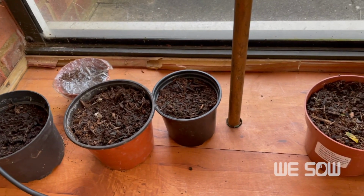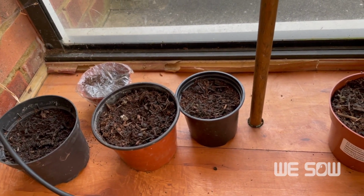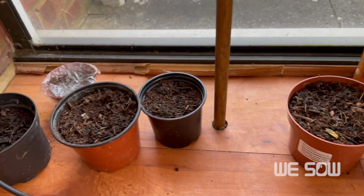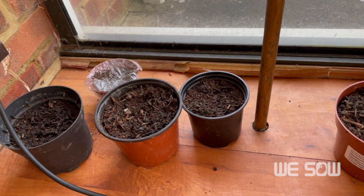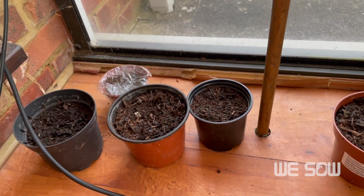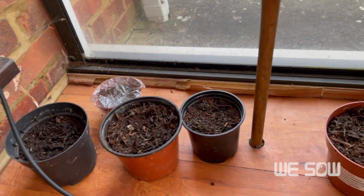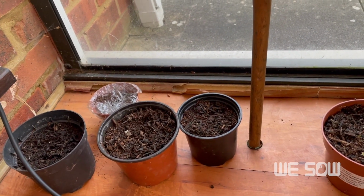I've not done great with keeping my peppers alive, because normally I like to overwinter my pepper plants by digging them up at the end of the season. And last year I kept them in the lean-to and it was absolutely fine. But this time around, we had such a cold winter that quite a lot of the plants died, and I don't have infinite space to put them all over the house, so I just had to leave them out in here. But there's about maybe 3 of them which have kind of survived,